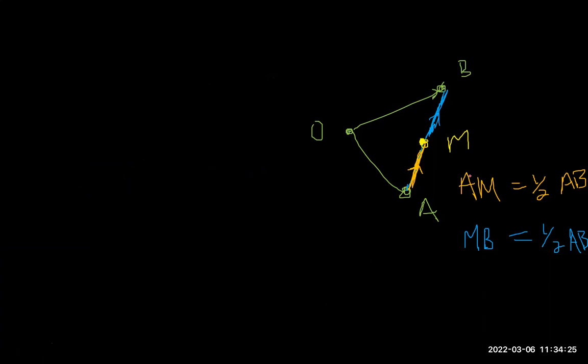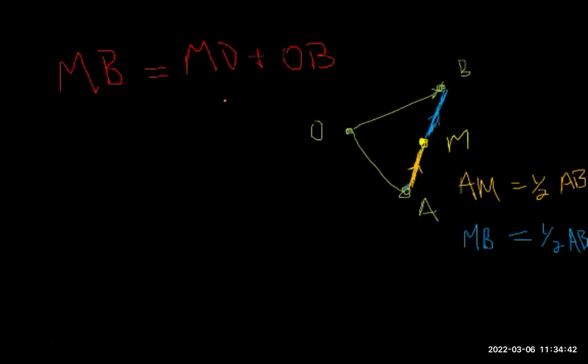Right, so like I said, you didn't have to use AM. You could actually use MB. MB is a half AB, right? But MB is the same as saying MO plus OB. And then we have OB. You find MB, which would be the same as half of AB. So it would still be, what was it? Minus 2,